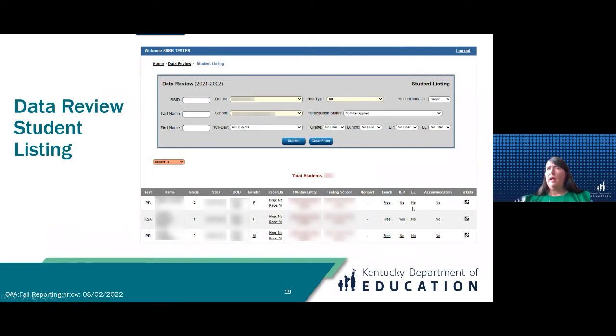And for ELs on ACCESS, the only way they could have accommodations is if they had an IEP or a 504 plan.